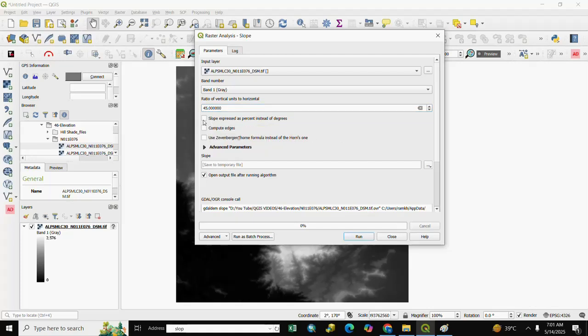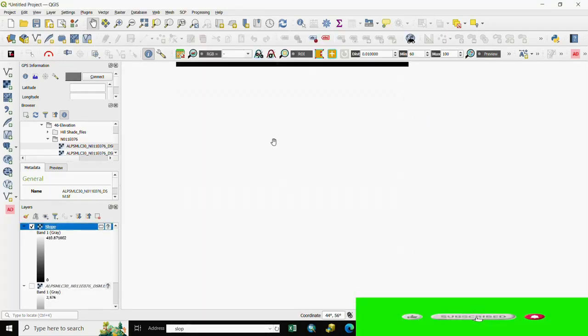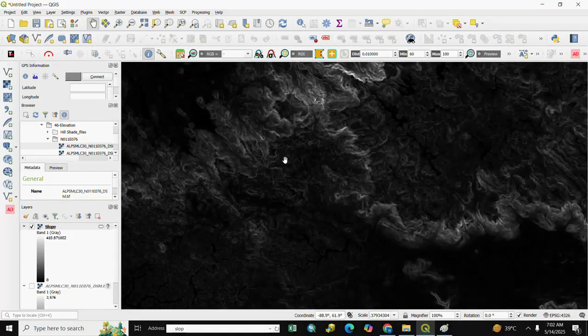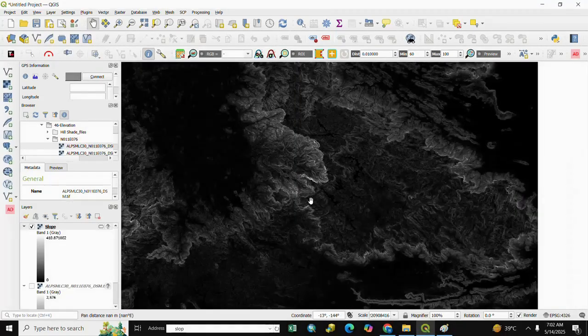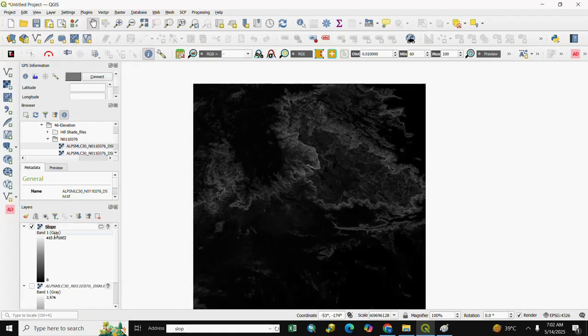and we tick slope expressed as percent instead of degree. After it we run and close it. Our output is here. You see your output, and if you want to change the color you go to Properties,